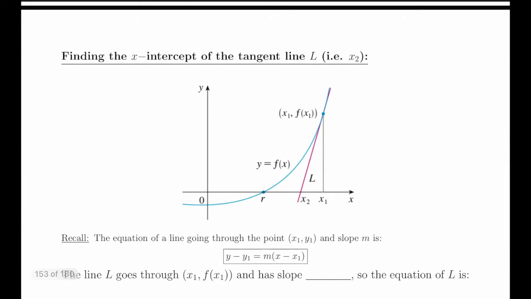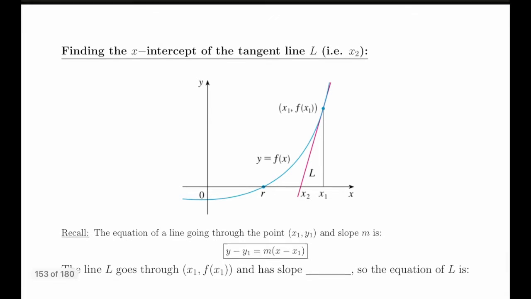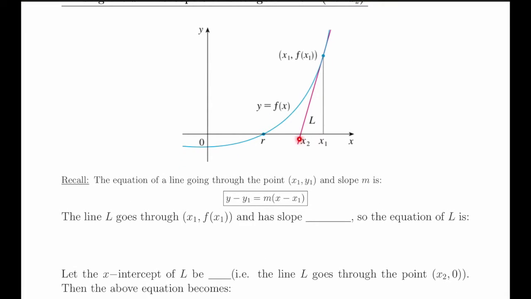So now what we need to do is express Newton's method as a formula. In other words, given x1, what will be the formula for x2? Given x2, what will be the formula for x3, and so on. Well, let's start with the equation of this line, which is the tangent line at x is x1. Well, we all know that the equation of a line can be written like this, and we also know that this line goes through the point x1, comma f of x1, where x1 is your initial